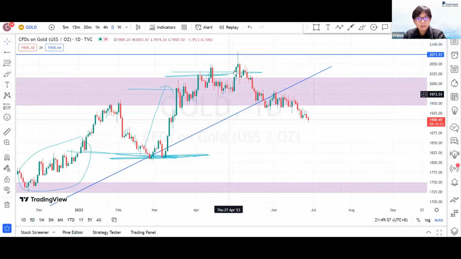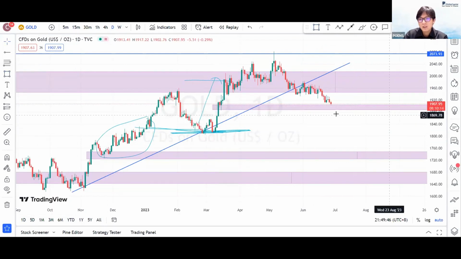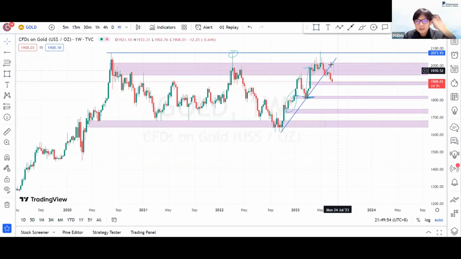Daily wise, we are looking at a short-term downtrend. For now, I think the closest level we are looking for is 1,900. Otherwise, the next lower level will be 1,008. We go moving this way. I wouldn't say that there's no probability of gold moving higher again, but as of now, we are not seeing clear rejection of 1,900 yet.